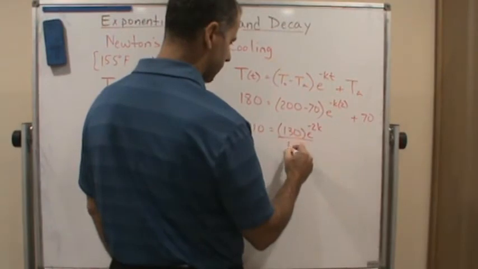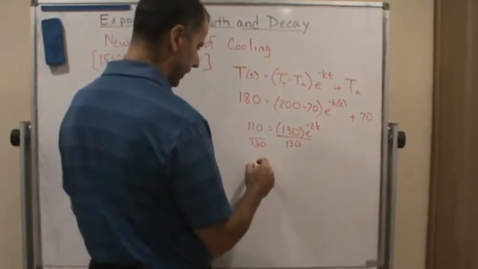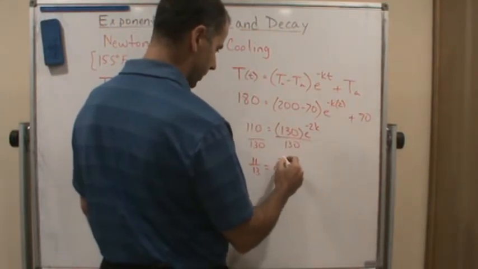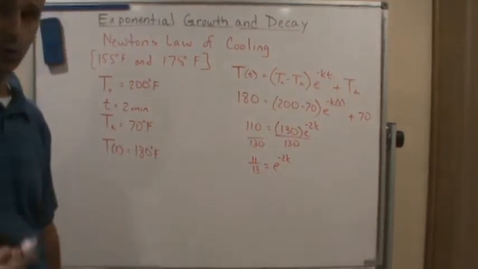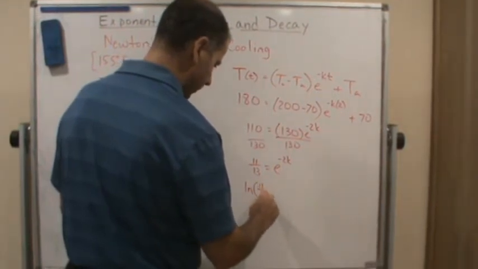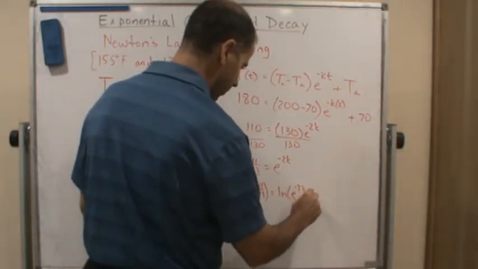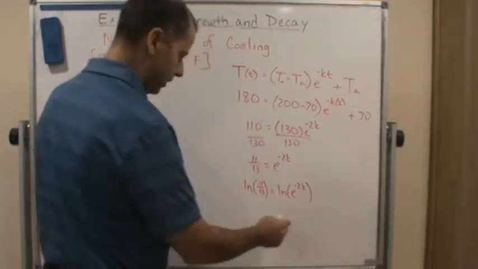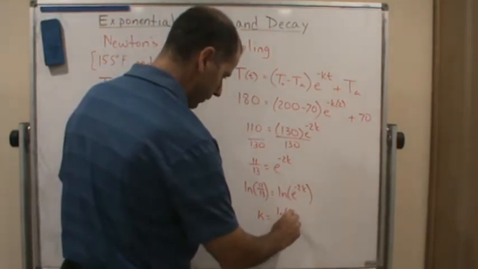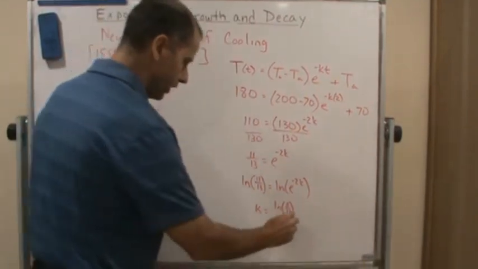Now I'm going to divide both sides by 130. And that gives me 11/13 is equal to e to the negative 2k. And now this is where I'm going to take the natural log of both sides. So that's the natural log of 11/13 equals the natural log of e to the negative 2k. And of course, this is going to fall out. And so I get k equals the natural log of 11/13 divided by negative 2,